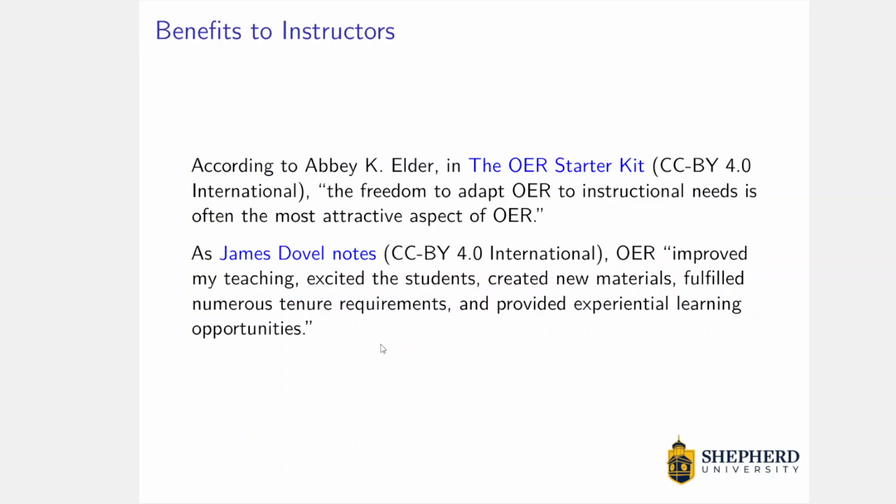And then also my colleague, Jim, here at Shepherd has noted, right, that it can play a role in the tenure process, and he has successfully achieved tenure. Congratulations, Jim. But he wrote this article when he was still an assistant professor, and I'm not going to try to put words in his mouth, but I can see that for me, who is currently in that process,